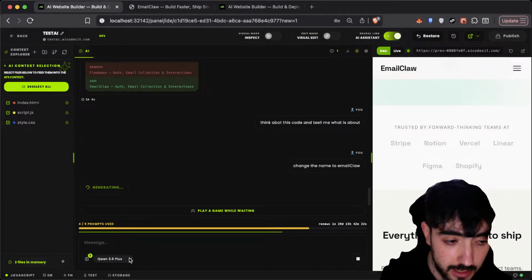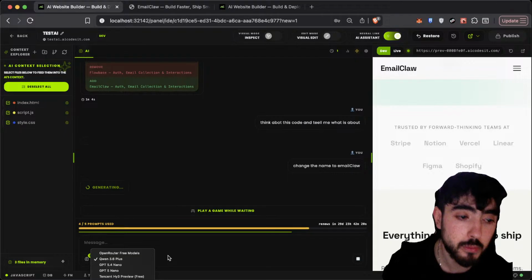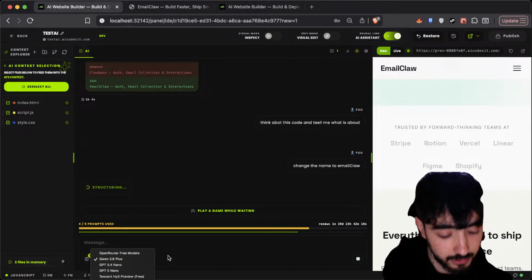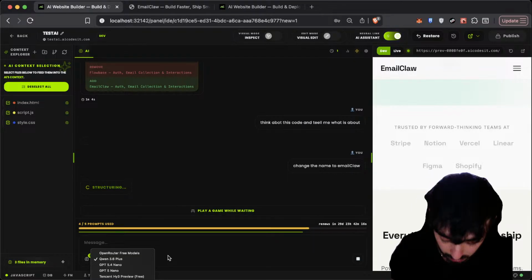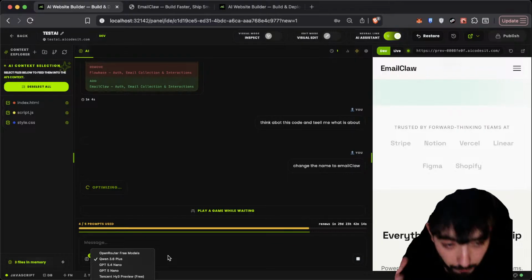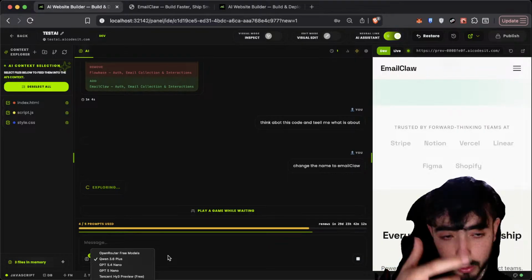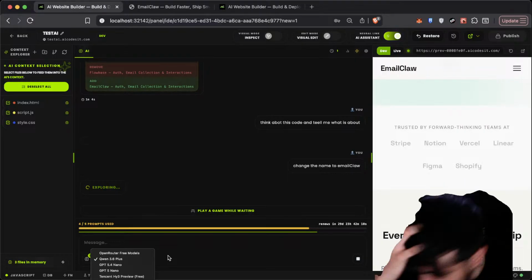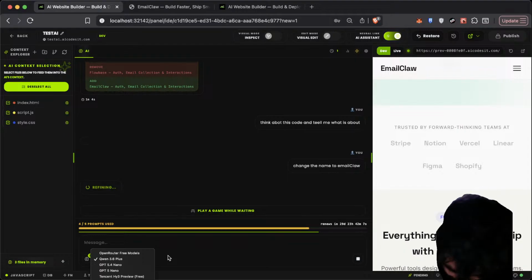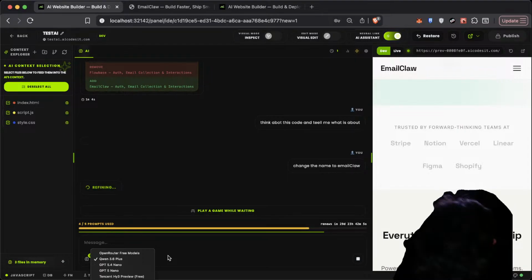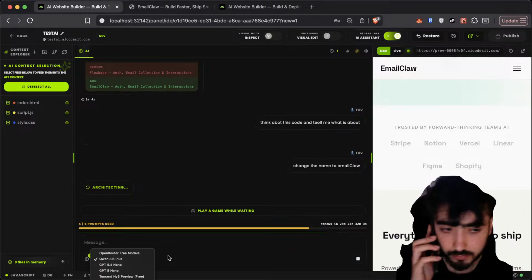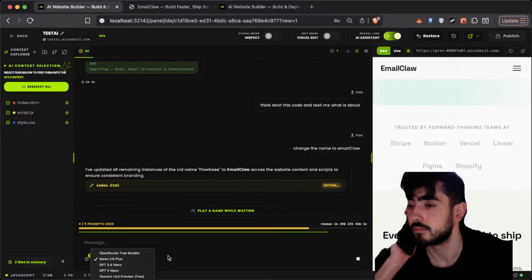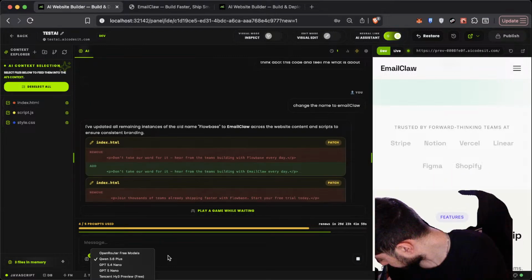In this case, as I told you, the GPT 3.6 Plus model is the best one I have and the cheapest one. So it's good on price and good on response. So it's nice.